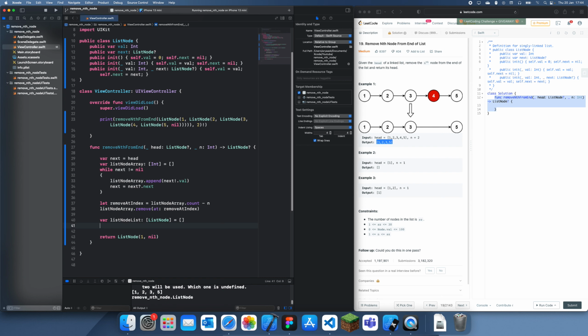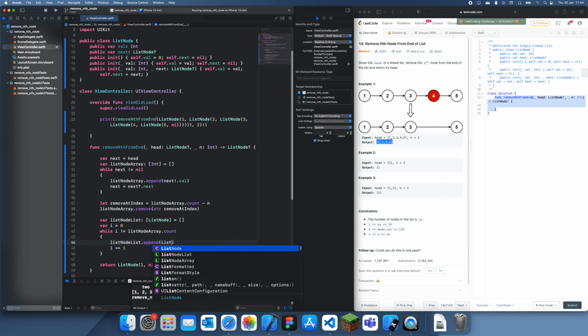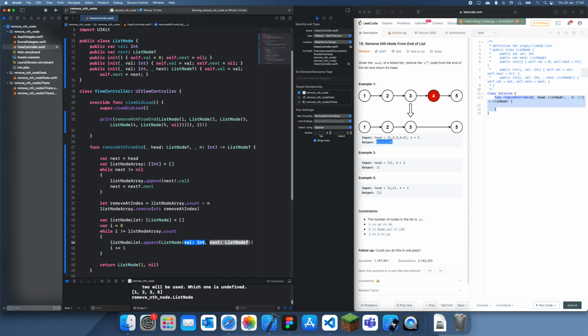So var i equals 0 while i is not equal to list node array dot count, i plus equals 1, list node list dot append list node val, we'll set this to